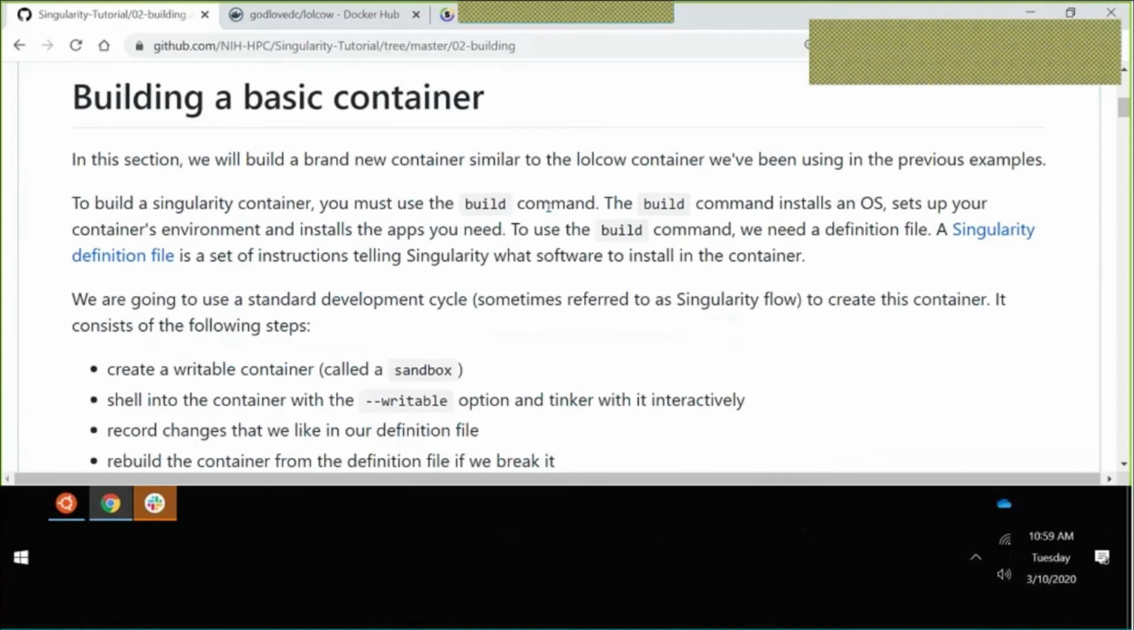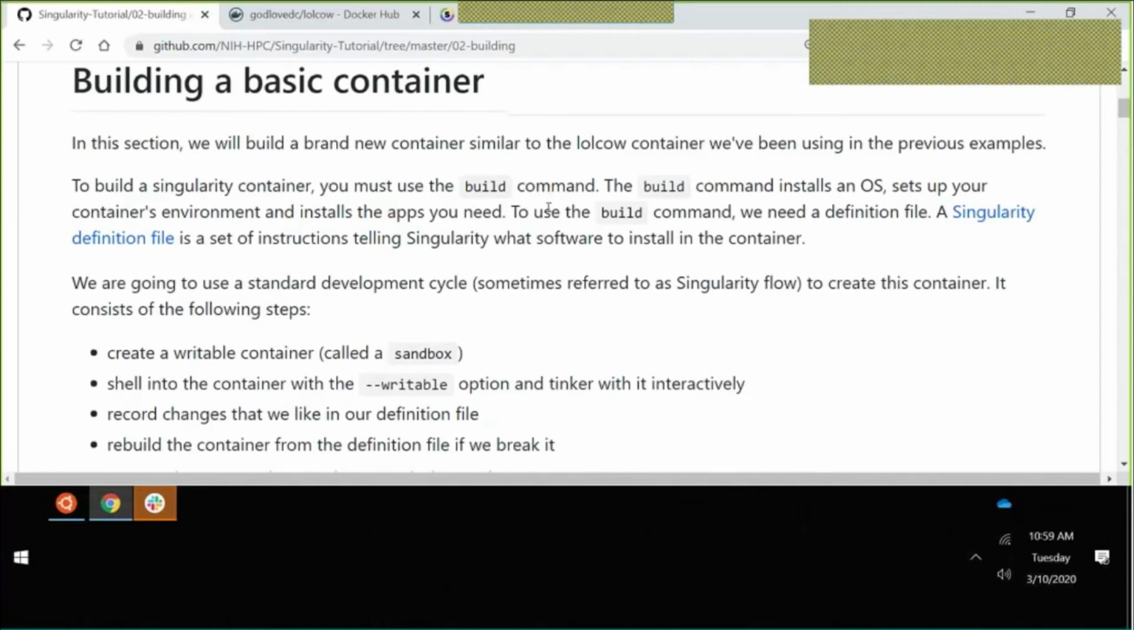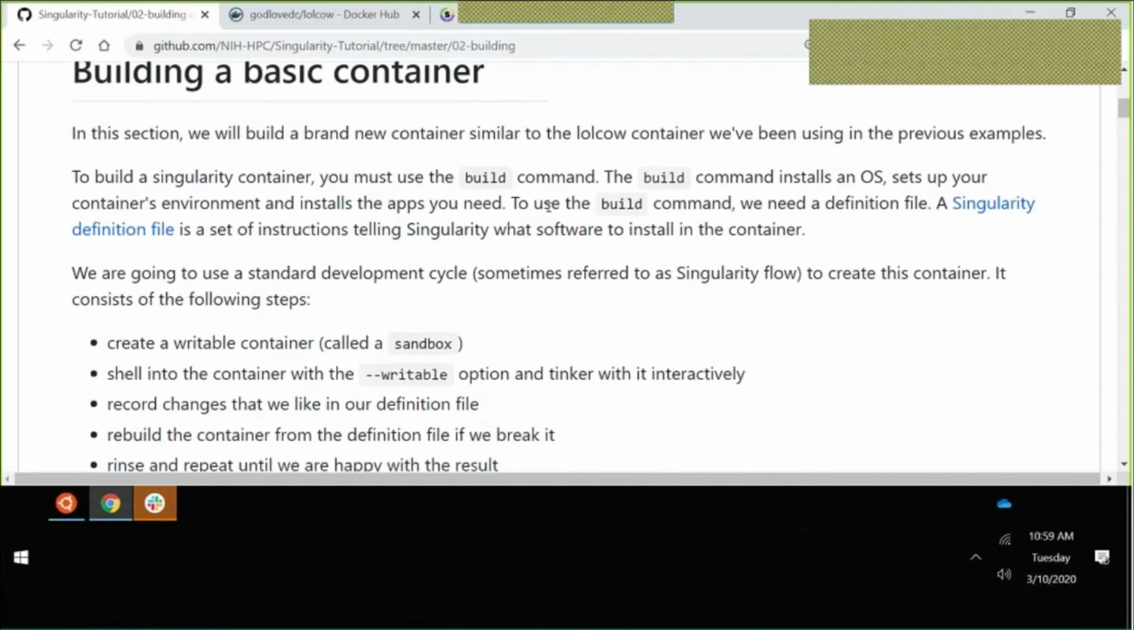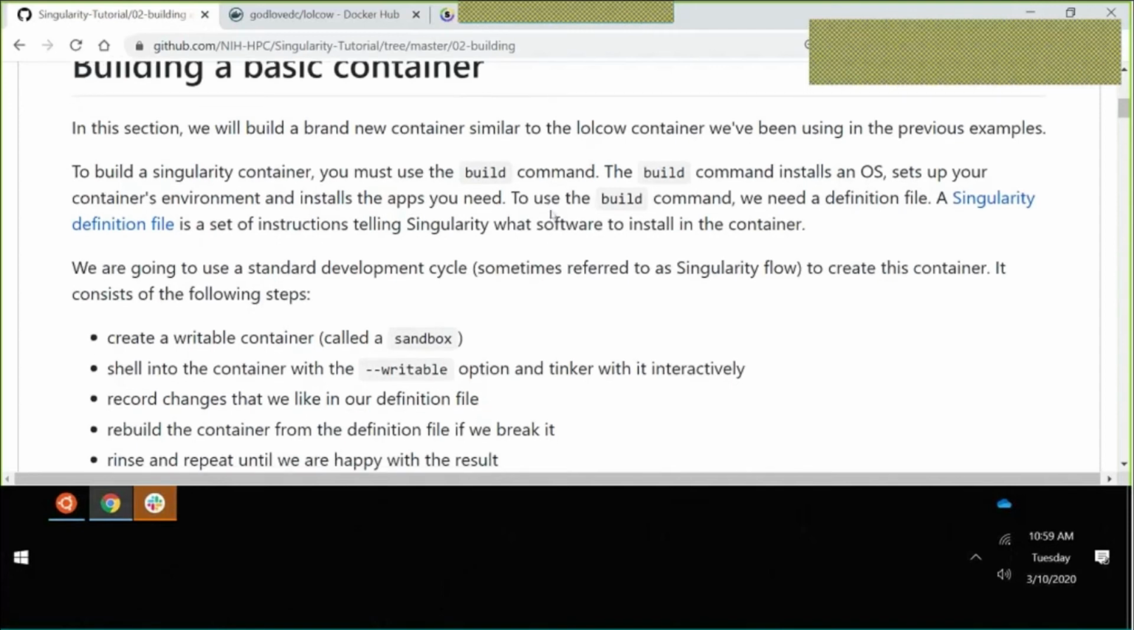Okay, so the next exercise, we're going to build a container from scratch, and we're essentially going to make the same container that I've been showing you, my favorite container that's got the cow inside, which says the funny things with colors. To do that, we need to use the build command, and we need what in Singularity parlance is called a definition file. You'll hear about Docker files. That's the Docker version. Singularity uses definition